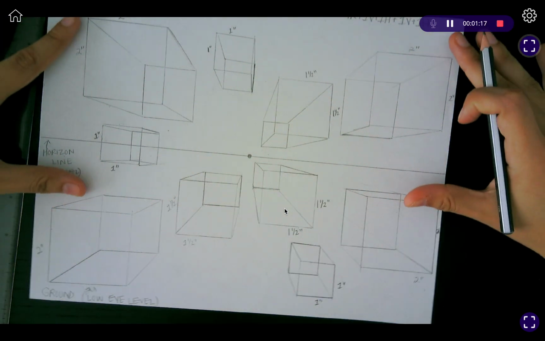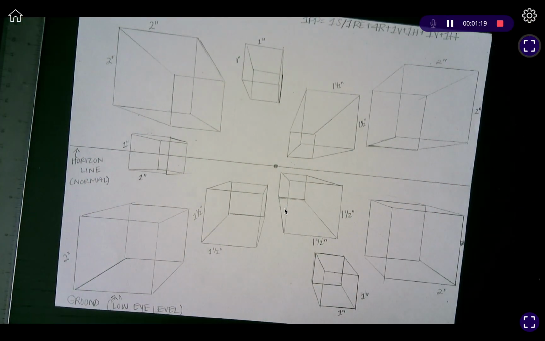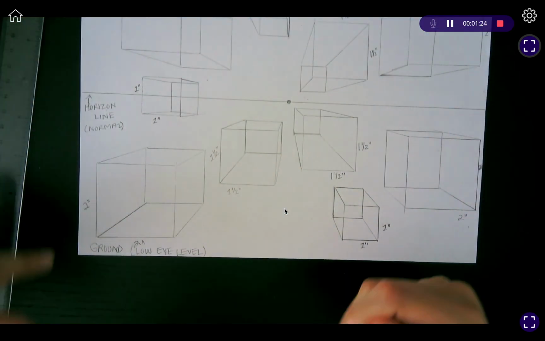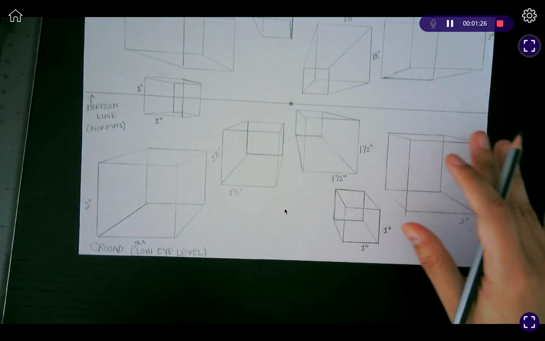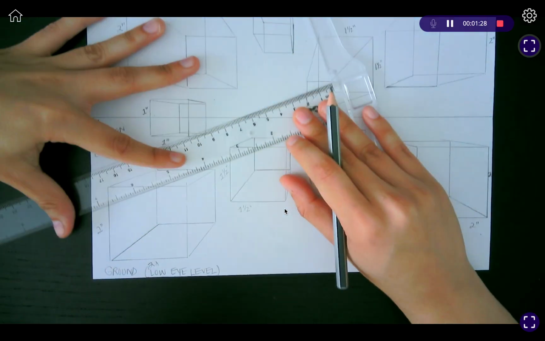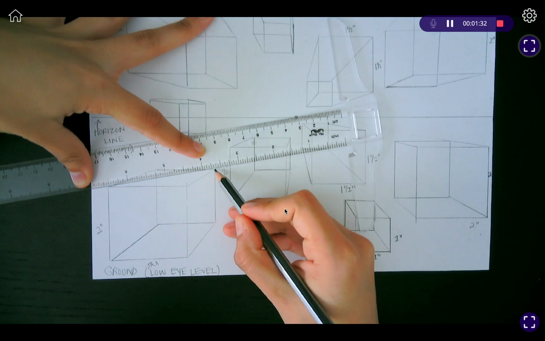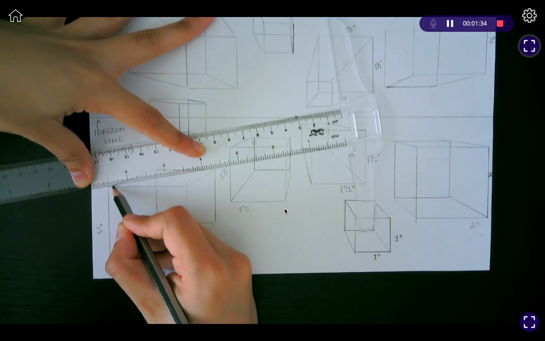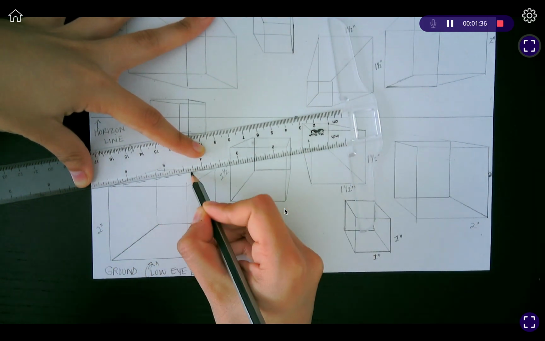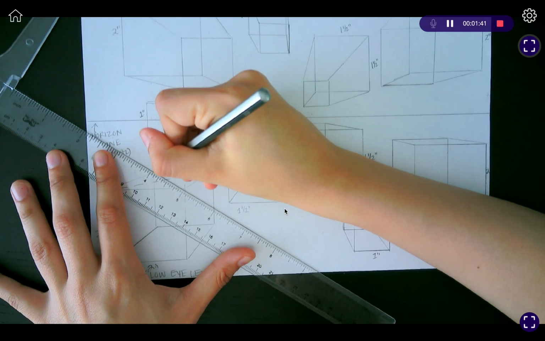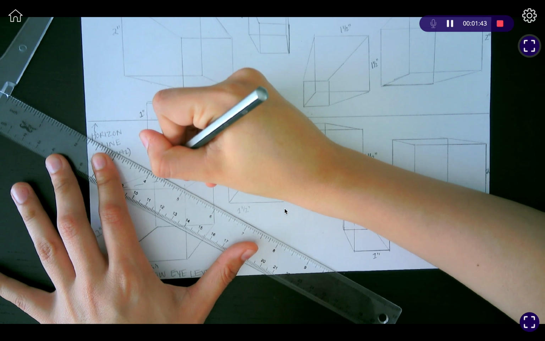So take for example, let's go ahead and start right here with this one at the bottom. We're going to make our cylinder standing upward, and so the first thing we're going to do is grab our ruler. We're going to bring it from the back corner to the front corner, on opposite sides. So right here, boom. Then we're gonna go ahead right here. We're lining up these corners,